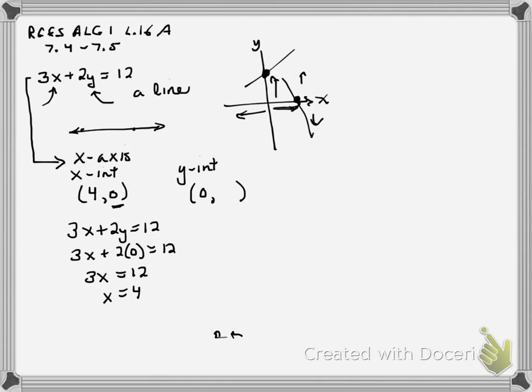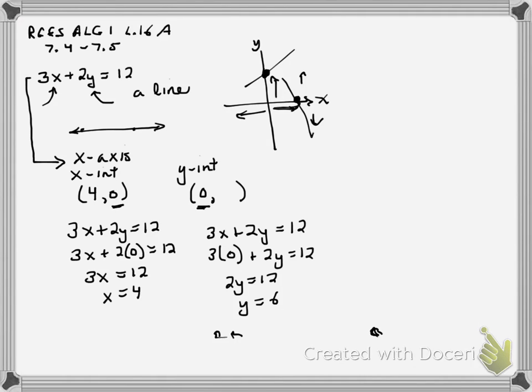Now, to find the y-intercept, I would put a 0 in for my x value, and I would get 2y equals 12, dividing, I would get y equals 6. So if I have a graph,